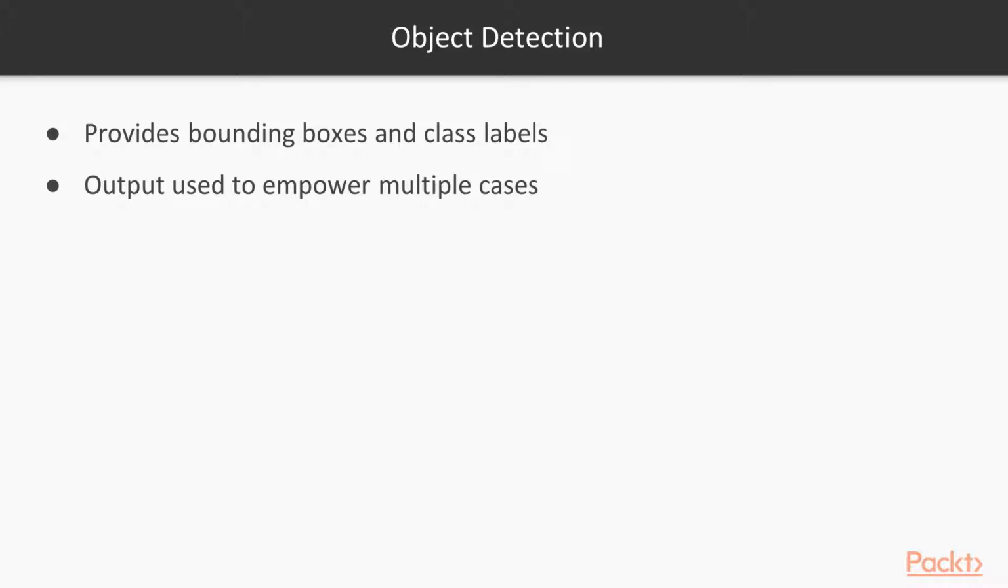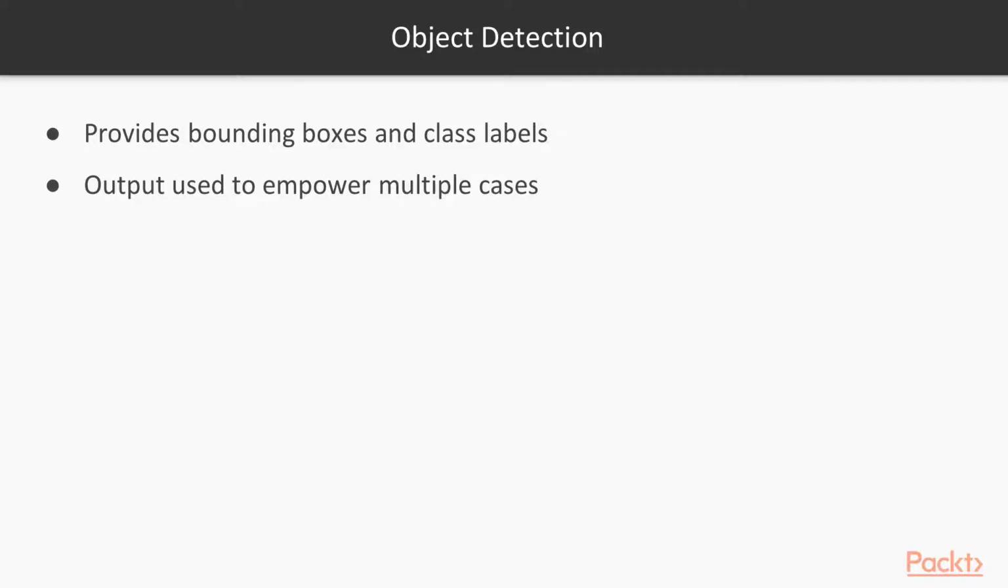So, you essentially need a technique that not only identifies the entities in an image, but also tells you their placement in the image. This is what is called object detection. Object detection gives you bounding boxes and class labels of all the entities identified in an image. The output of this system can be used to empower multiple advanced use cases that work on the specific class